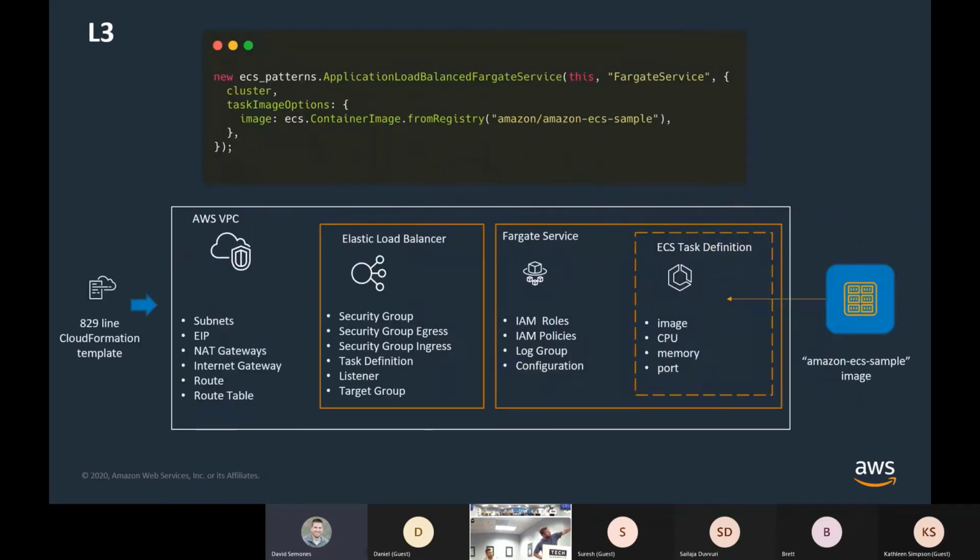This is the VPC, so it includes a load balancer, Fargate service, an ECS task, 829 lines of CloudFormation. They're being tricky here because what some people will tell you is that this is technically one line because that's all one long method call that's just wrapped around, which okay, sure, but ECS patterns have to be defined somewhere, so there's an import statement they've conveniently left off. This has to be inside a CDK stack, so that's another thing they've conveniently left off. So in a single line, that's not really true. They're probably going to yell at me for saying that.